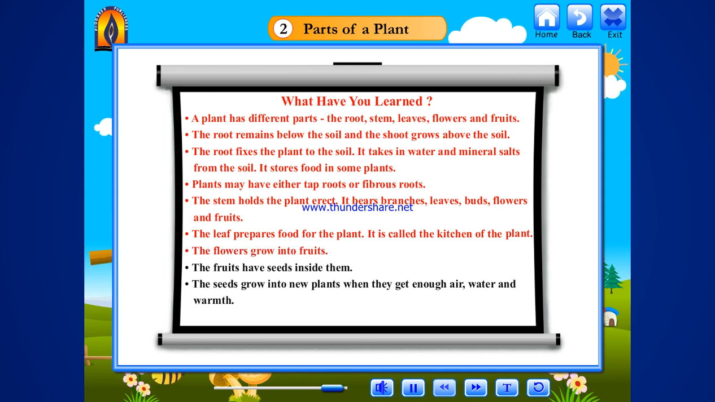The flowers grow into fruits. The fruits have seeds inside them. The seeds grow into new plants when they get enough air, water,